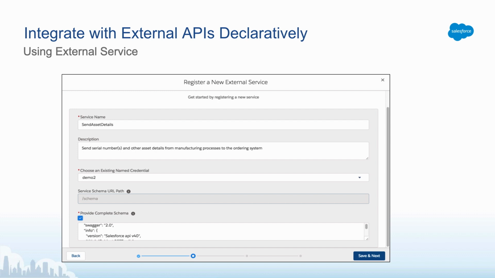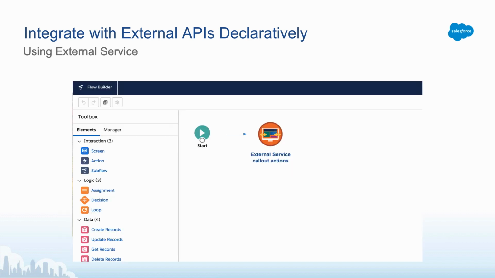Basically, an admin would come in and get the API definition of any RESTful APIs, copy and paste that API inside of external service, and then behind the scenes we will automatically generate these callout actions and make them available in your Flow Builder. So if you are familiar with Flow, you know that there are actions that you could